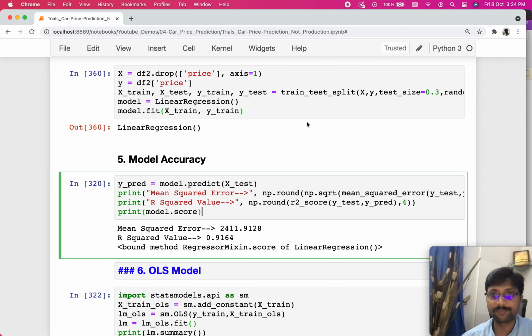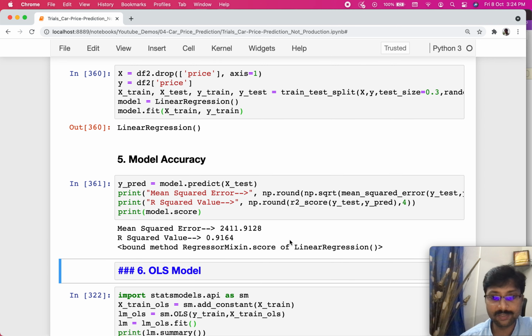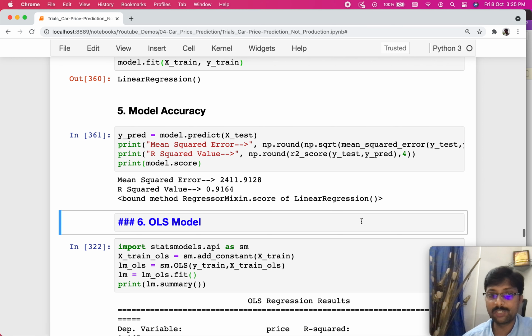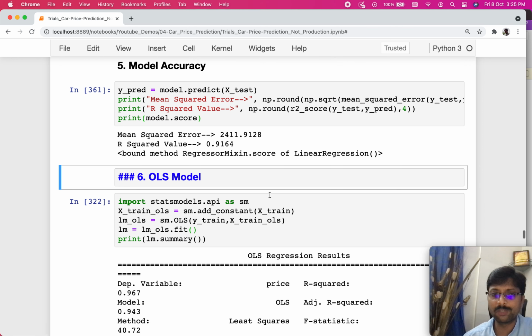Right, so let me run this again. So this is what we have got, but we will understand these parameters in depth in a different video, where I will explain the formulae for r squared and mean squared error. We have seen it, but we can look at the mathematical equations for different parameters. The whole purpose here is that an r squared closer to 1 is what we need to get to. I think this is decent to begin with, right?